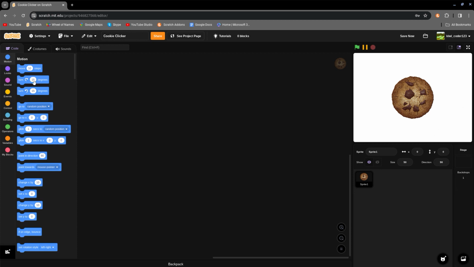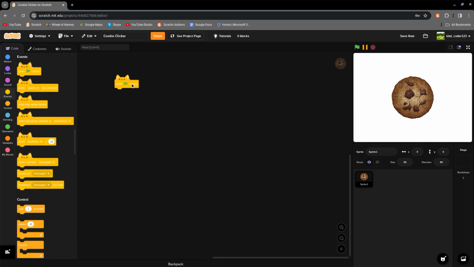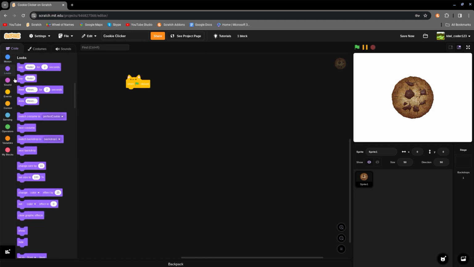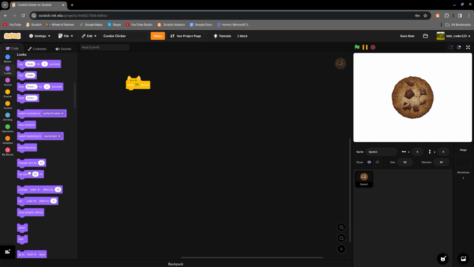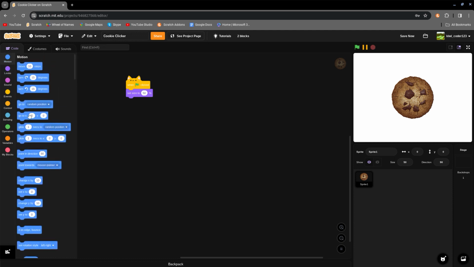So when green flag clicked, we're gonna first set the size to 50 because we want the size to be 50%. And we're gonna click on motion, and then we're gonna go to XY00. So now this is just gonna put it in the middle, and then it is going to make it half size. So, now since we have the cookie in the middle,